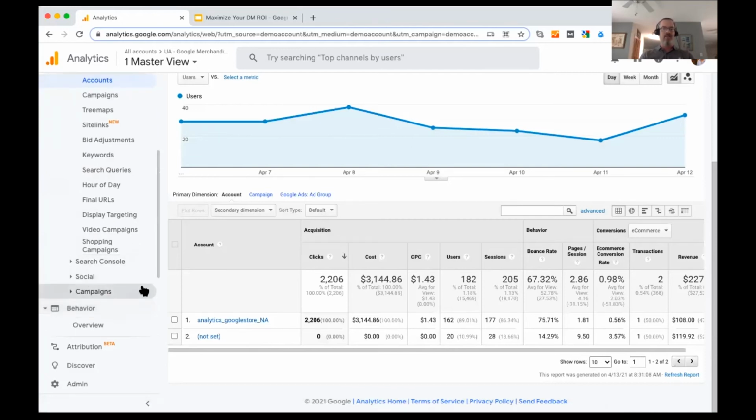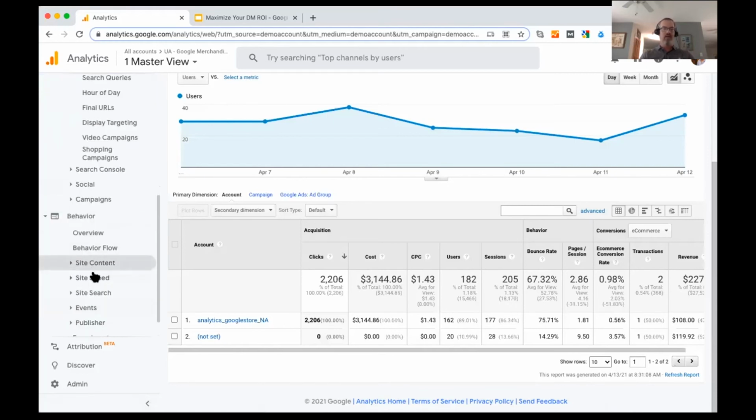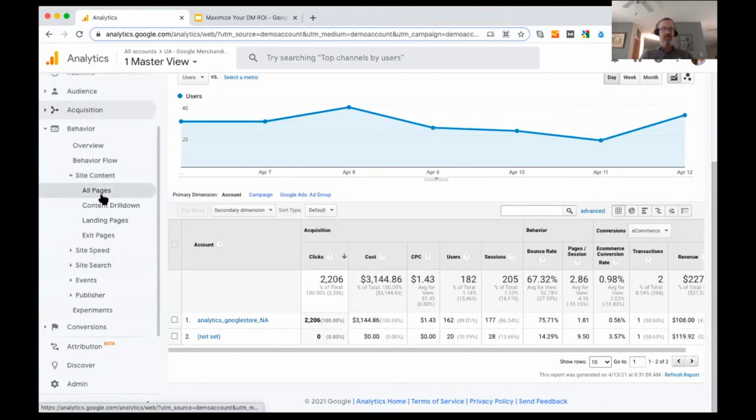A couple last ones. Behavior is helpful if you just want to know how your content's doing. You want to see where people are coming in and where people are leaving. So landing pages, what page are they entering in? Exit page, where are they leaving? As an analyst, I look at these things, specifically exit page, to see, oh, we're getting a lot of exits on this page. Why is it? If it makes sense, then okay, there's not an issue. But if it's a core page that we expect someone to go to the next step and they're exiting on it, well, we now need to look into what's going on there.